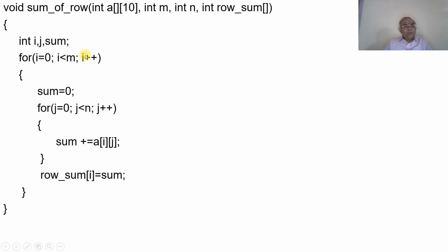0 plus 1 becomes 1. Is 1 less than 2? Yes. Initially the value of sum is equal to 0, and then again j is equal to 0. Is 0 less than 3? Yes. Then sum will be equal to 0 plus a10,